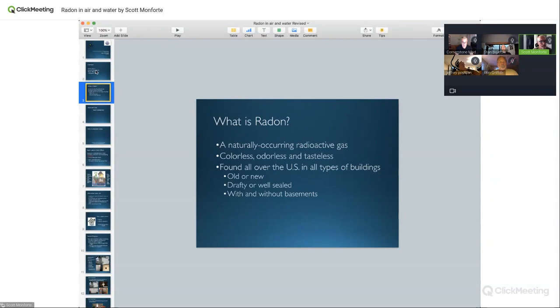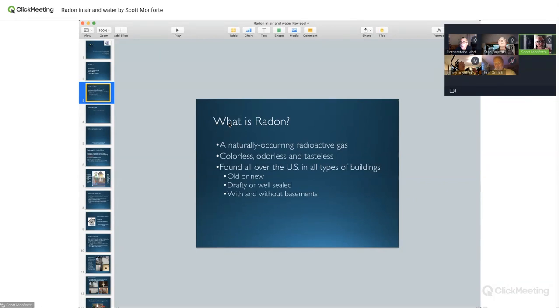Now, I hear all the time people go, oh, my house is brand new, it doesn't have radon. That's not true. New homes, old homes can have radon. Some of the highest levels that I've had in Connecticut have been 200, 180, in older homes, not necessarily new homes. And I've also had newer homes that were 60, 80. So it really doesn't matter if it's new or old. It certainly depends on the construction, and a whole lot of other factors. Radon can be elevated in many different homes.